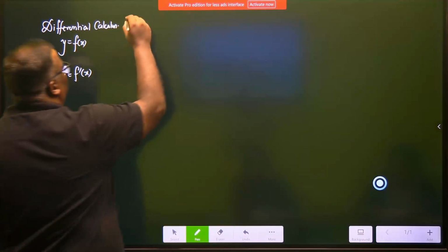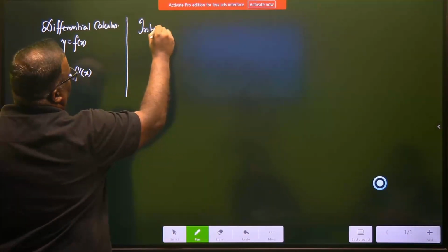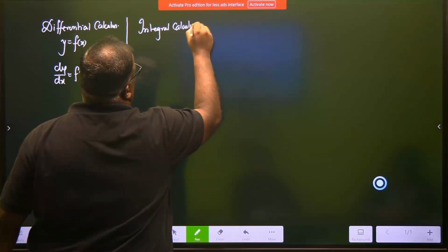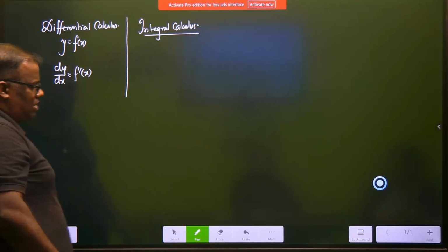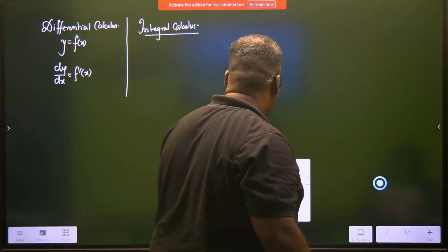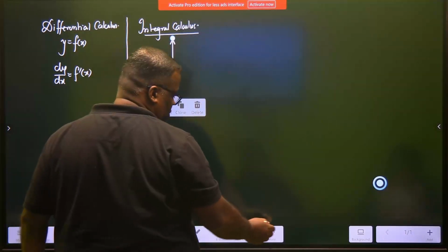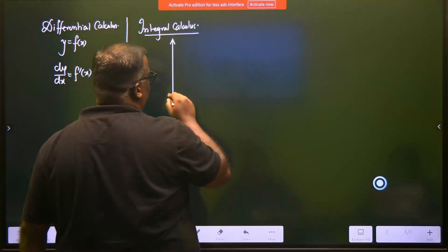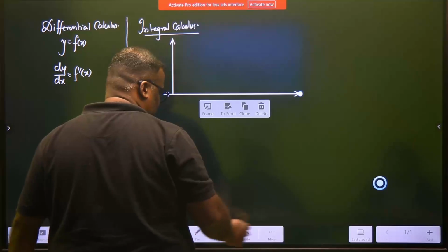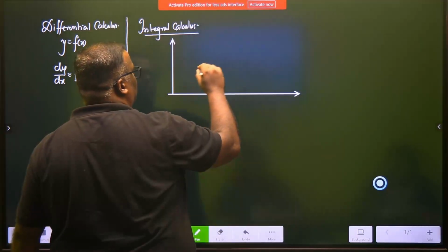We now shift our thought and get into something called integral calculus, and we will see what all we will study in it. Let us first try to have just a brief idea. The finesse will develop as you slowly do more and more calculus. You'll understand what exactly I'm trying to say here. While differential calculus was dealing with the slope, in integral calculus, let us say this